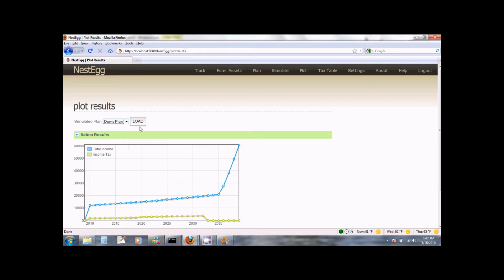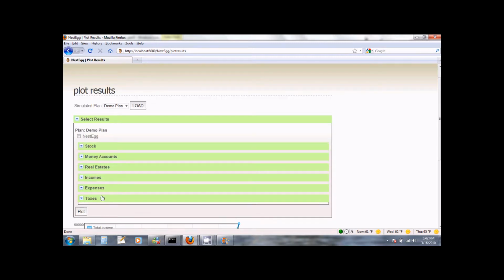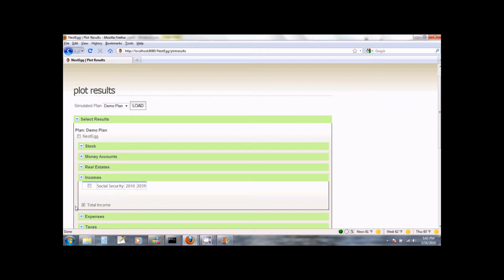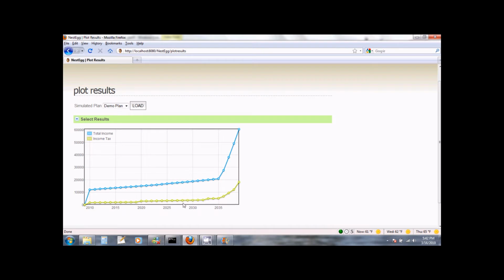I should remember to reload my new simulation results. Then I go and make sure that my income tax is selected and my total income is selected, and I click on plot. And this time I see that my income tax does not go to zero, and in fact it increases as our range of income increases.